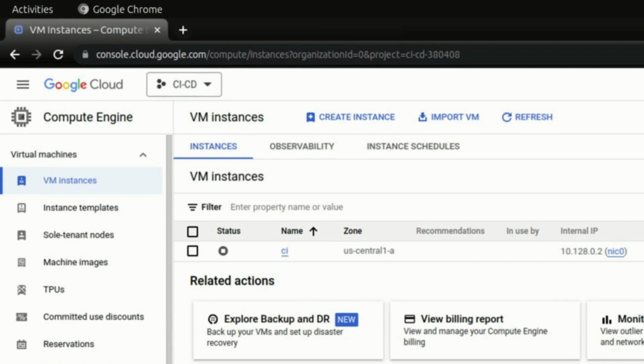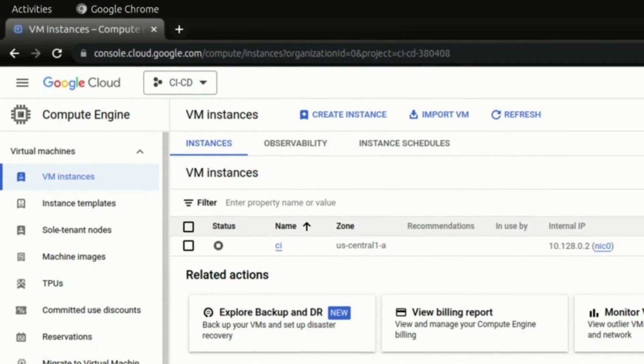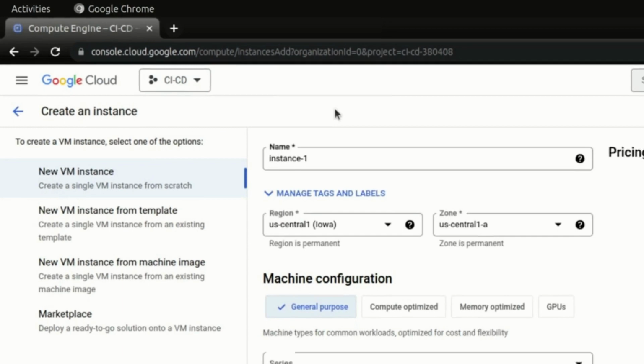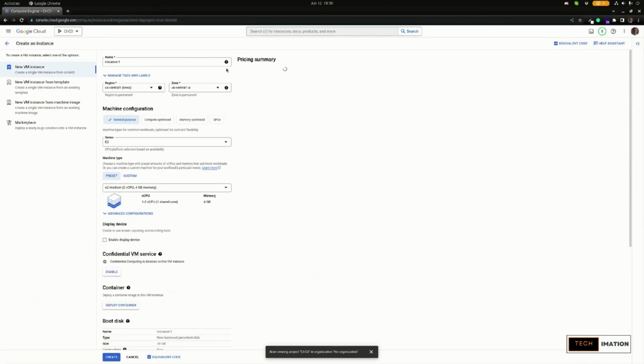If I don't have instances created, there will be in the middle of the screen a big call to create an instance. Whichever way it is, by clicking this create instance or the one in the middle of the screen, you will get to this screen,